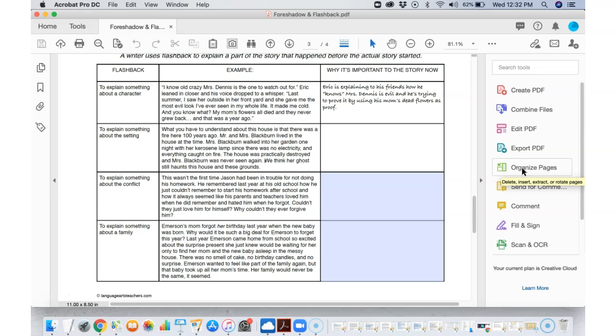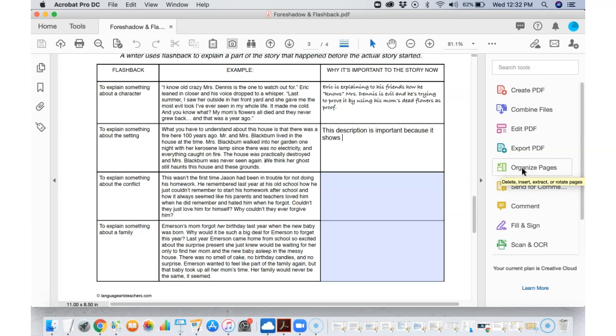So I'm going to type that out, okay? You guys watch me. We can kind of go through this together. There's more than one way to explain this, so I'm just going to do it my way. You might have your way. So why this description is important to the story now is because, I hope my typing is not too loud, but that's okay. This description is important